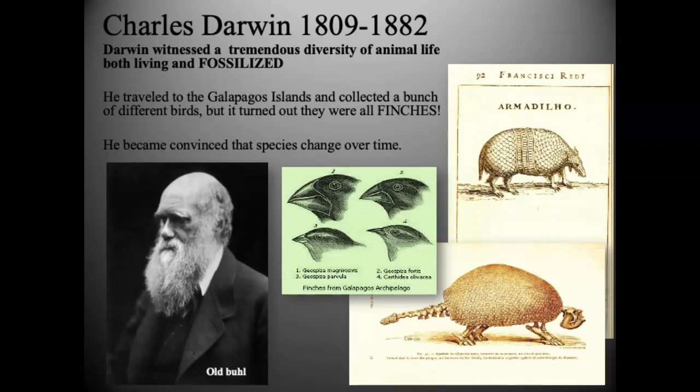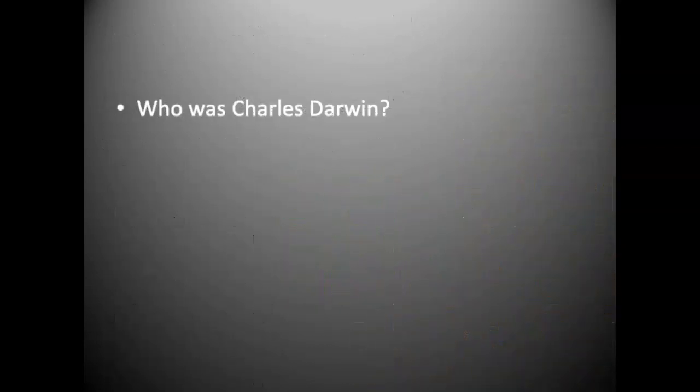So, Charles Darwin, who was he? He was a biologist. He was born in the United Kingdom, and he took a trip on the HMS Beagle. Out of all the places that he went to, the Galapagos is the one that's one of the most famous places that he visited, and it was there that he first got the inklings of discovering the mechanism of how species change over time.